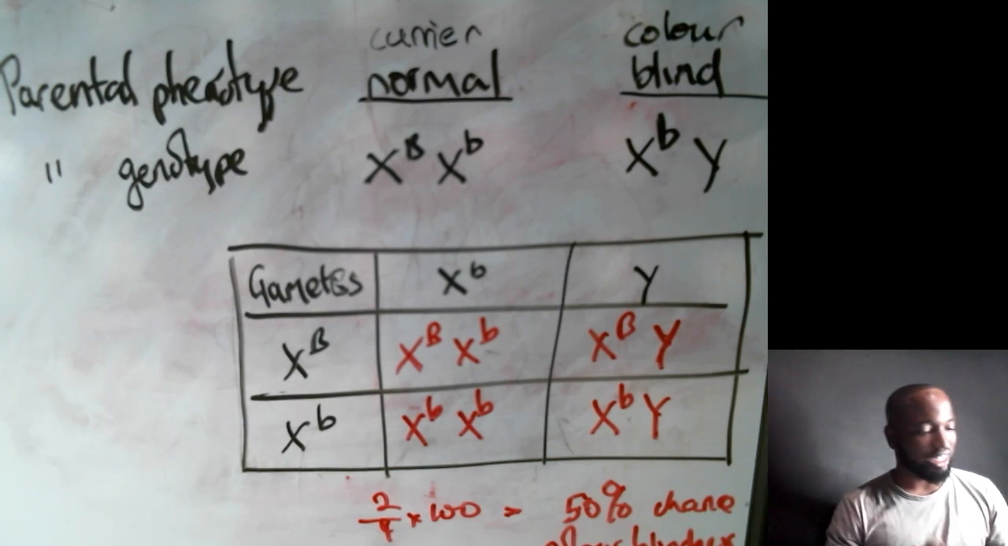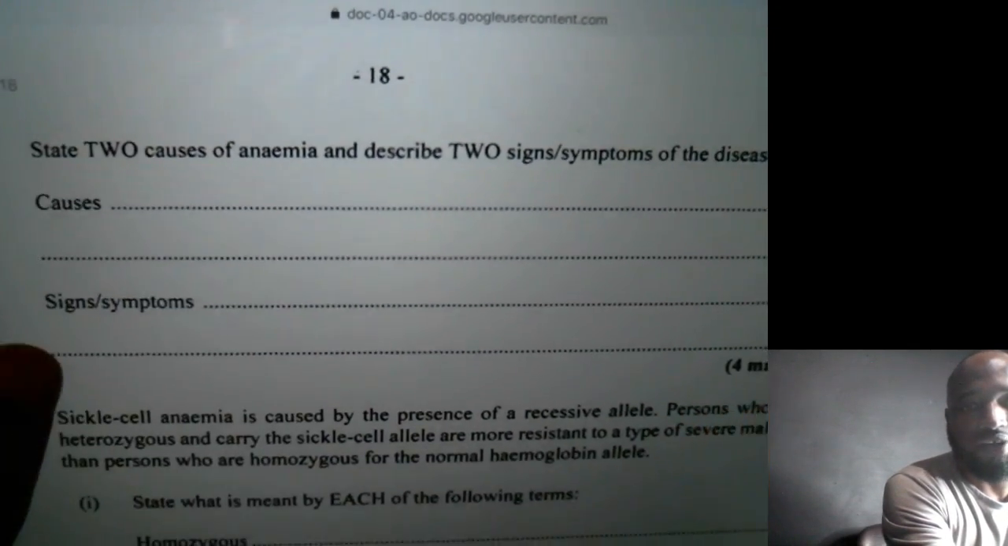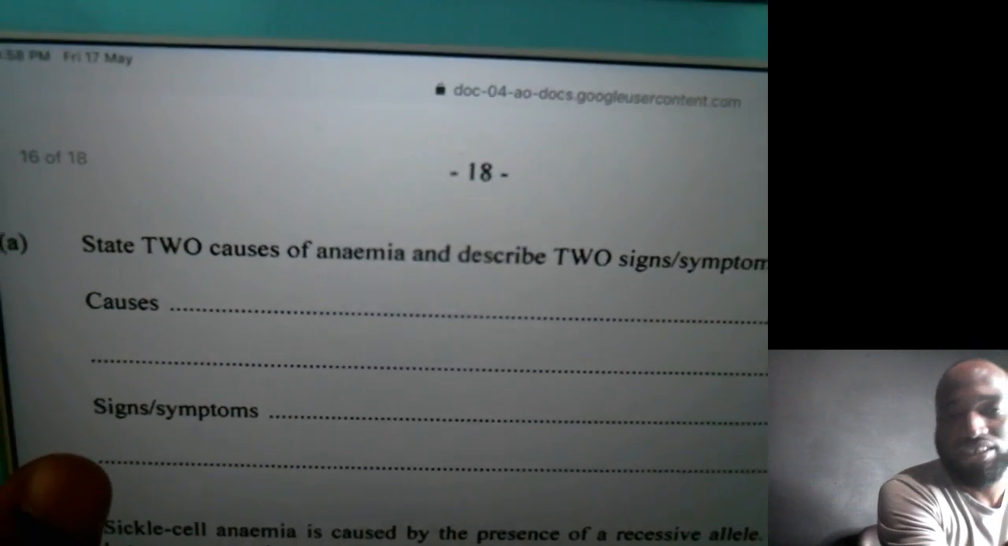Oh, this is with sickle cell anemia. Okay. State two causes of anemia and describe two symptoms of the disease. Now,